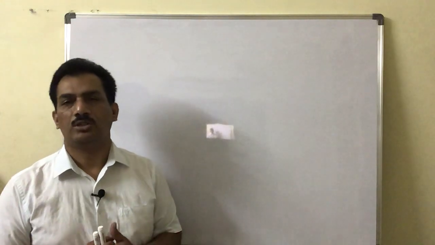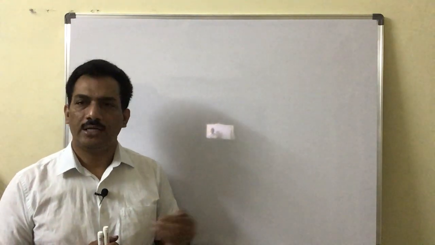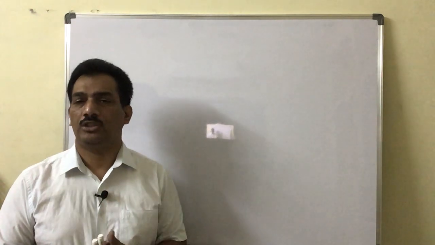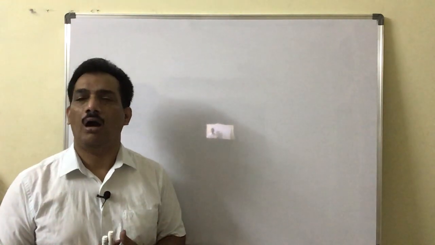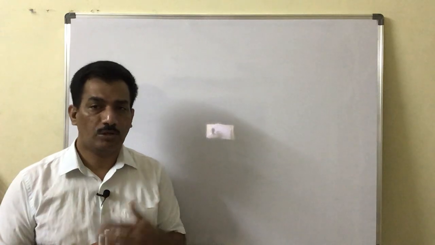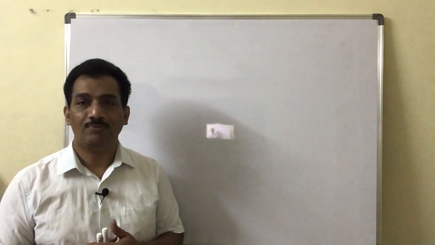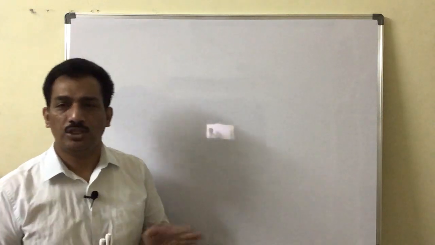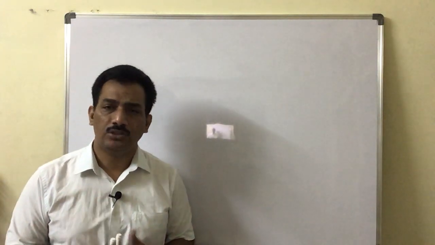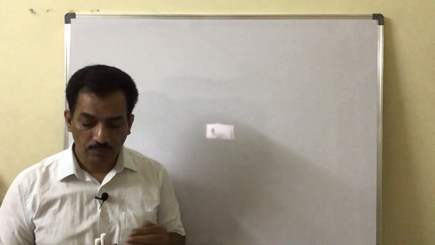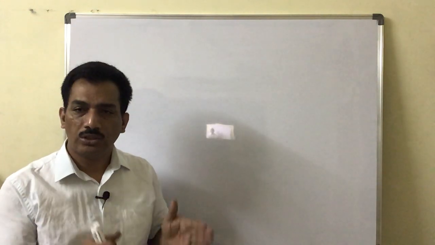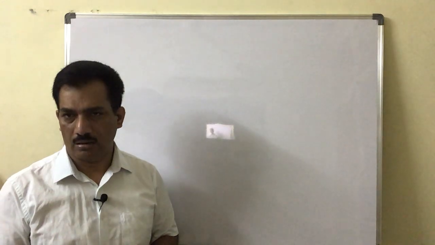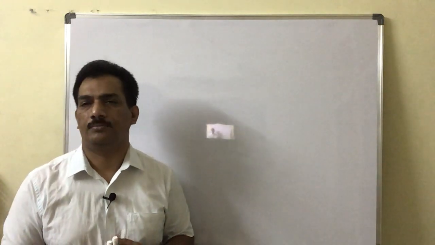And now coming to salts. In salts, cations and anions are present, and we consider the magnitude of the charge on the total cation or on the total anion. We should not sum these two. Already we discussed that when we sum these two, it will automatically result in 0. But here what we have to consider is the total charge on the cations or the total charge on the anions. That is the magnitude only.